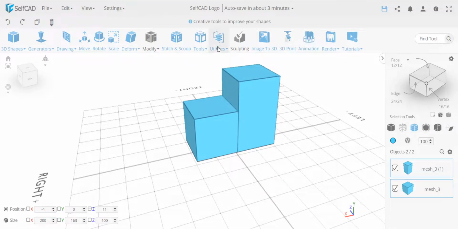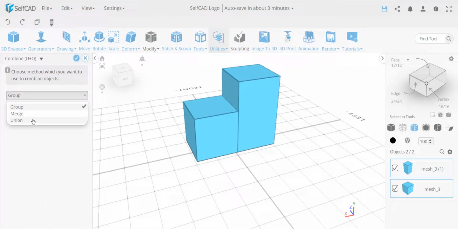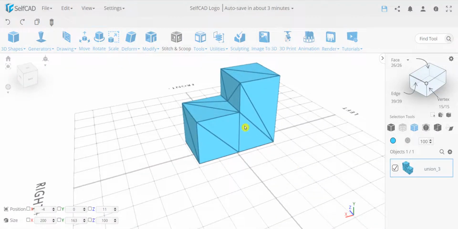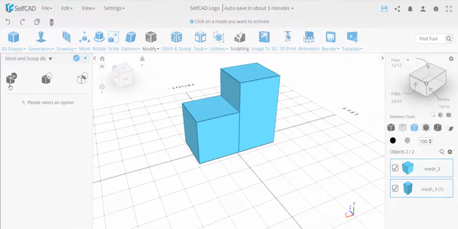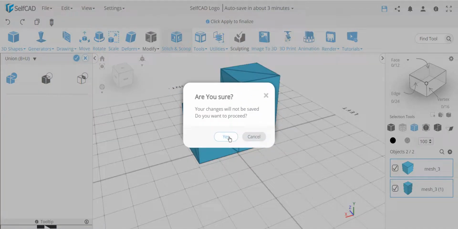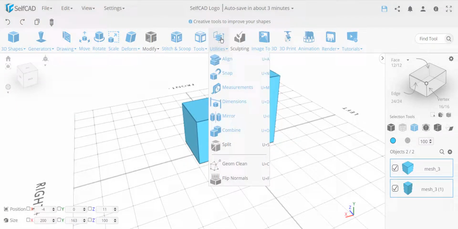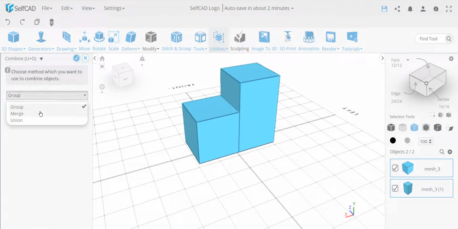So what's going to happen now is, if I go to combine and use the union option, the union will create a cut. You see it actually cut everything and removed everything. Everything is fine. There's no problem over here. This union is the same function that you find in stitch and scoop, where you can do union, which gives basically the same result. Okay, but if I go group, obviously it still maintains everything, it's just a group. If I go merge,